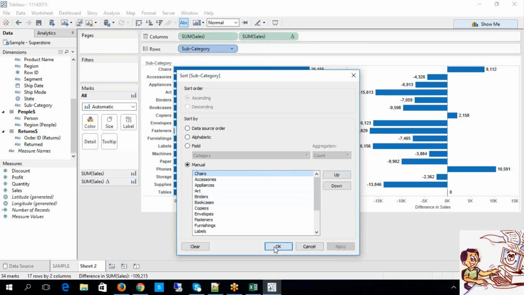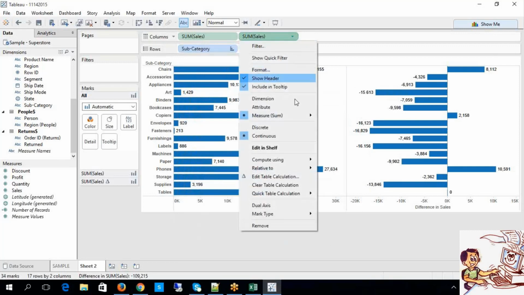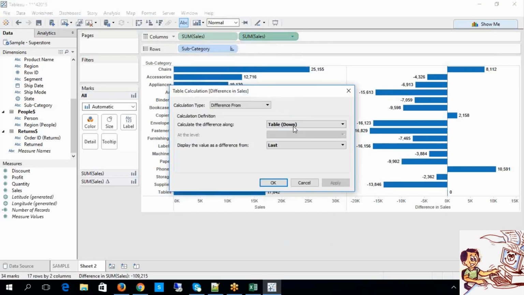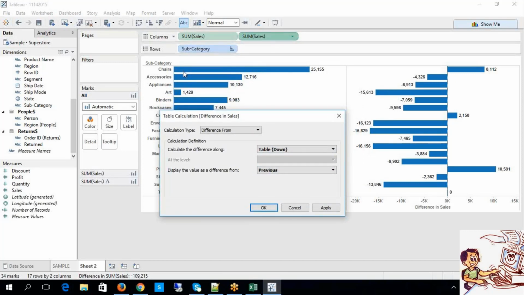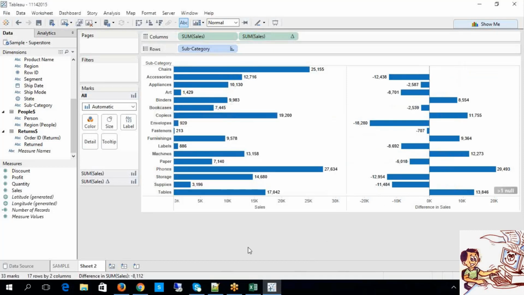Fine. Now look at this, chairs. Now you can do this difference value to the previous. First value is what? Chairs to the previous. Now look at this. So in this way, we can perform this kind of differentiation with respect to the different values.